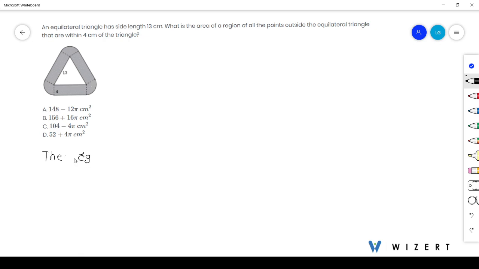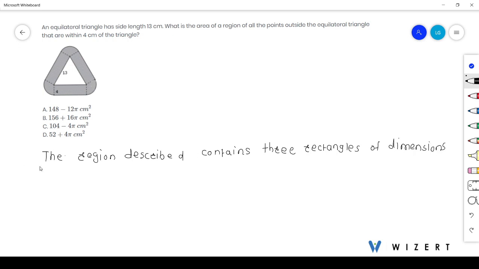Here, the region described contains 3 rectangles with dimensions 13 by 4. Here we can observe there are 3 rectangles of the dimension 13 by 4 and